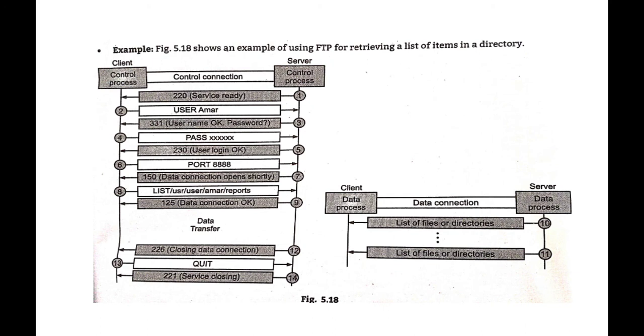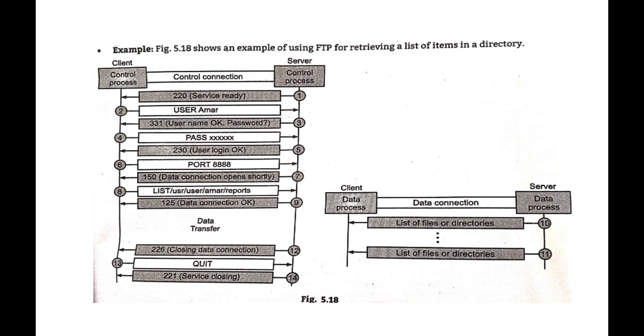Okay, when the data connection is established, now the data transfer is done. Here the server can send the list of files, or the actual file is sent from the server to the client, and the server responds with the 226. After the actual data transmission is completed, the server responds with the 226. It means closing the data connection over the control connection. It means the control connection continues, still not closed, but the data connection is closed.